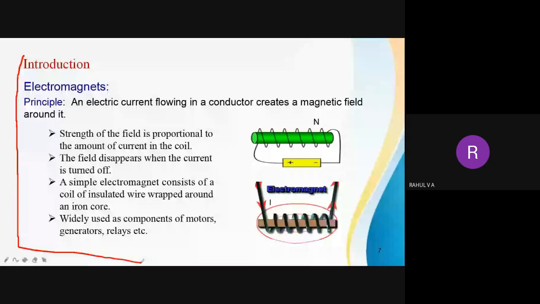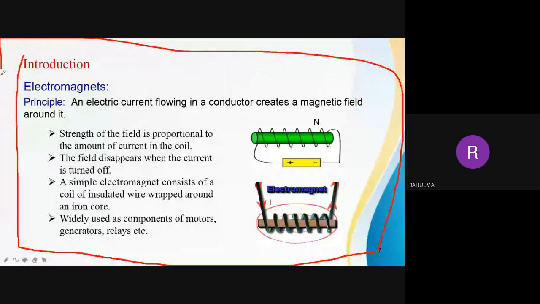So far we have discussed magnetic lines of force and magnetic field, and then we have seen that for magnetic material, there are two types: natural magnet and temporary magnet. Natural means it is that kind of material, having some magnetic property. And temporary magnetic material means we can make a material into a material which has a magnetic property. An example is an electromagnet.